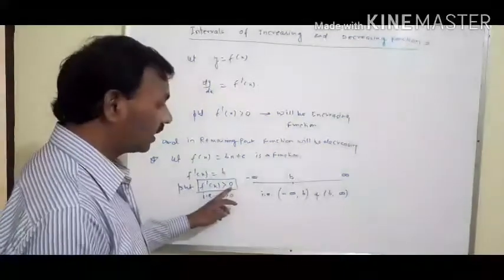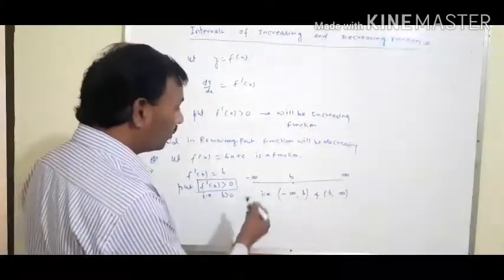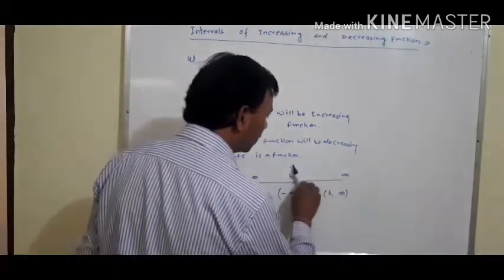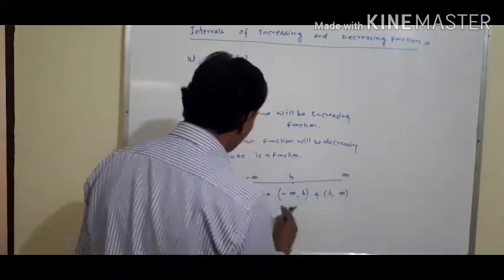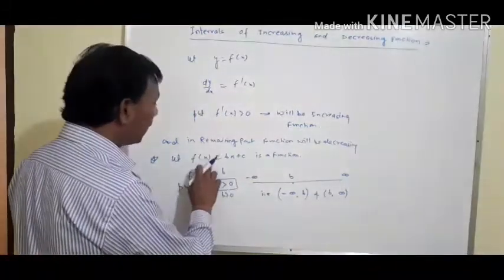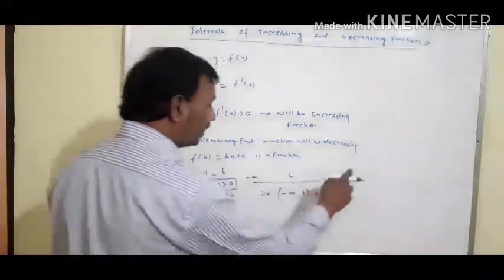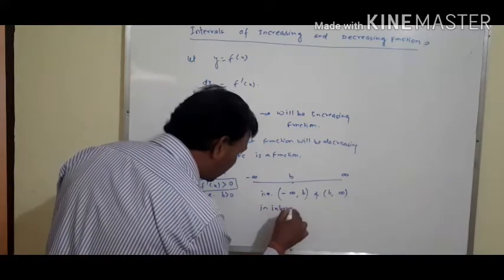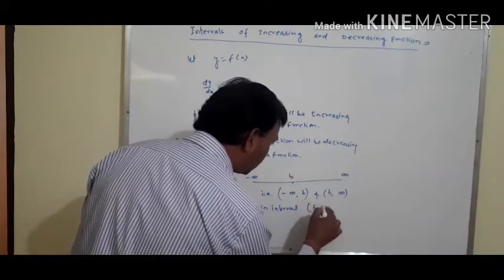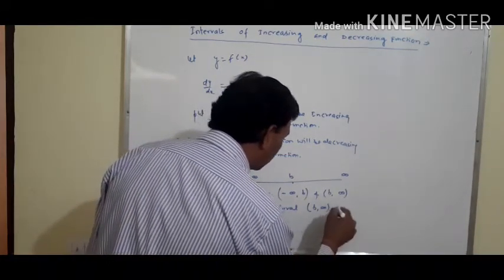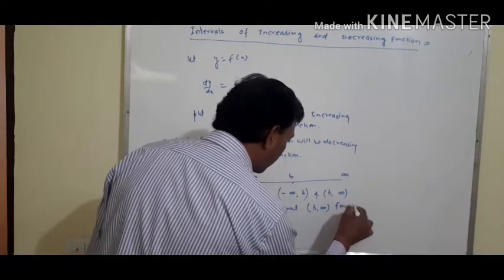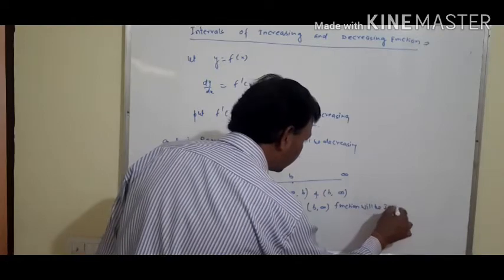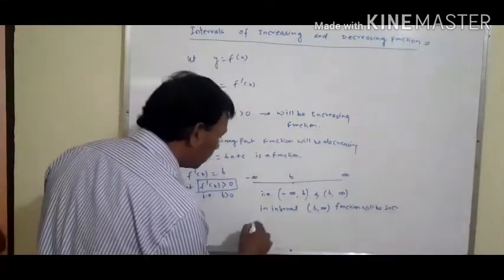This is the condition for increasing. So b is greater than 0, that means the right side from b, in this portion, this function, that means f of x equal to bx plus c, will be increasing. That means in the interval b to infinity, the function will be increasing,